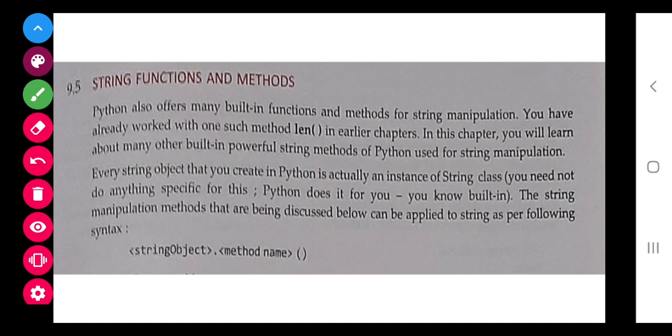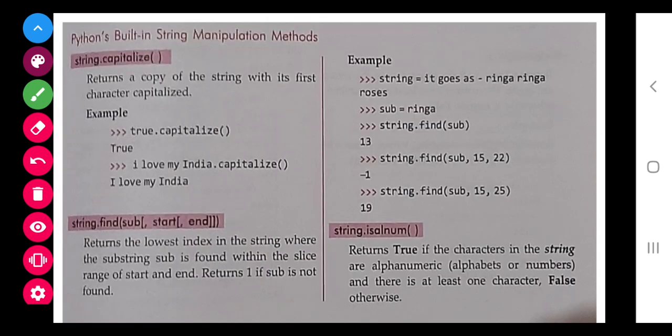Class, today we are going to learn some more string functions, out of which len you have already done in previous topics. We are going to learn further functions. One of them is capitalize.